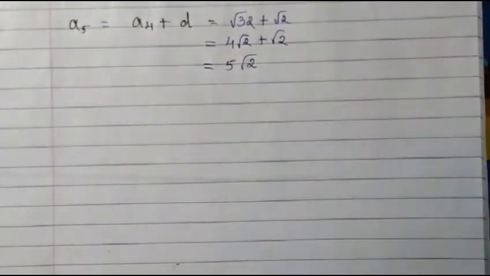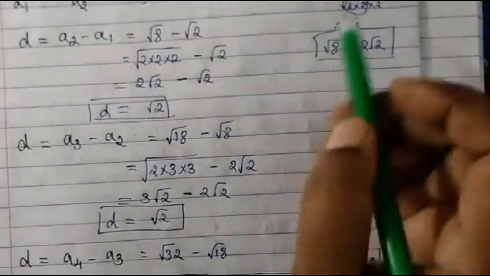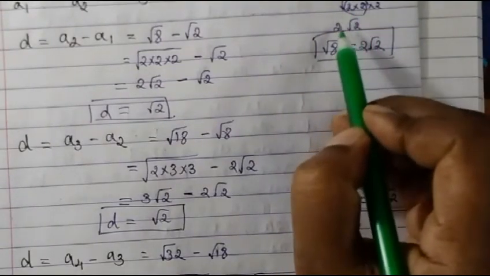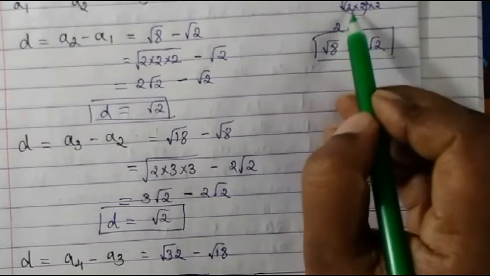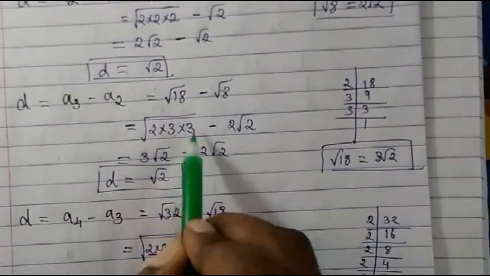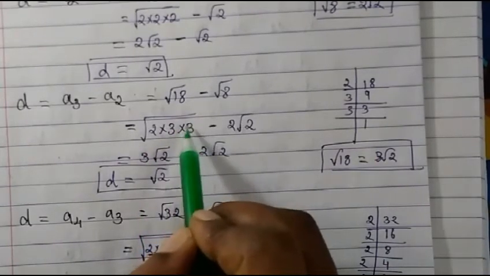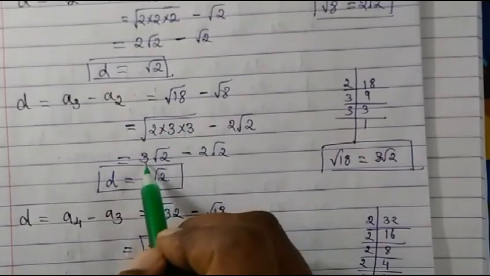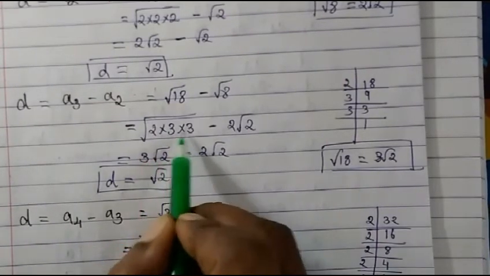Now, as I already explained to you here, when 3 times root 2 is there, when pairing is there, we can take it out one outside. So what is the meaning of this 2 now? When it goes inside, it will become 2 times. So here also with the 3, here 2 times 3. So we took it outside the root because it becomes a square. When square, then root gets cancelled, right? So that is the formula we have applied. When 2 times, we can take it outside, and when it is outside, if we want to bring it inside the root, again it will become 2 times.